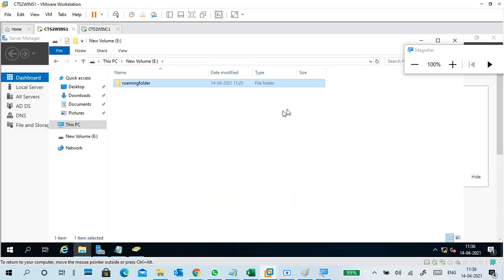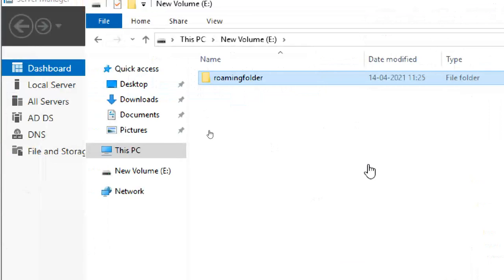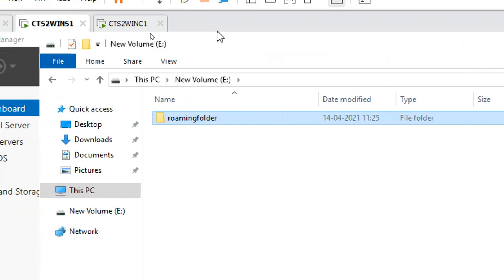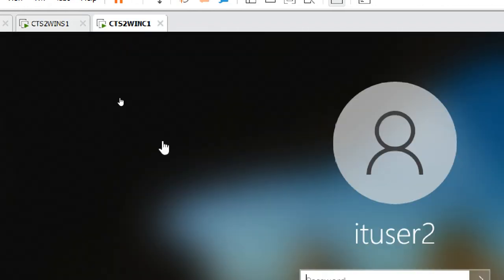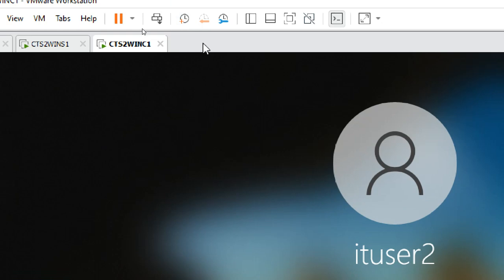That's why I'm not creating a one server, two client environment here. But if you are interested, you can go for one server, two clients. You log into this PC, create some data, log out, and log into another PC.